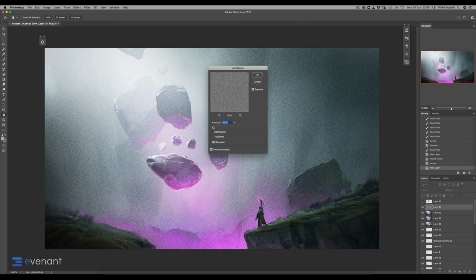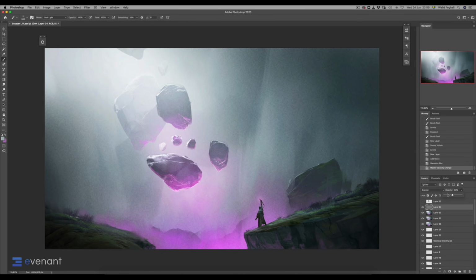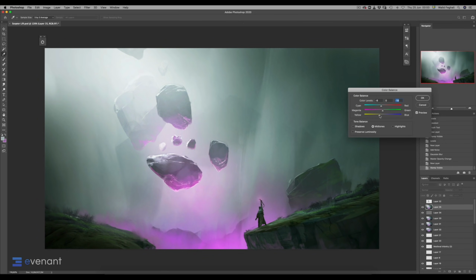So this is actually, I make an overlay layer, and then I add noise. I blur it out a bit, and I just take that back because that gives it a nice filmic look, so it doesn't look too digital, you know. Merge it all together, do some color balance. And it's great to step back from this stage, because I actually did that for like half an hour, and